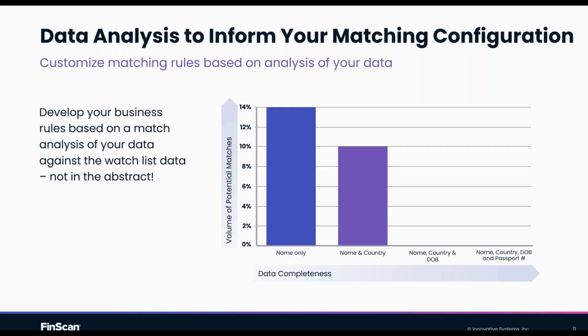Each of our individual customers, we always onboard them by getting a copy of their passport, driving license, or national ID. So we've got a reliable way to collect their date of birth information as well. Great, let's introduce that. And because we use passport number frequently, let's introduce that as well. All of those things, as you start to incorporate more data, but only once you've looked at it and said it's well populated and it's reliable, you can use that in your screening process, use that in your rules to say, actually, we can rely on this. So we're going to use that as secondary pieces of data to filter out a lot of the noise you would otherwise get with name-only screening.